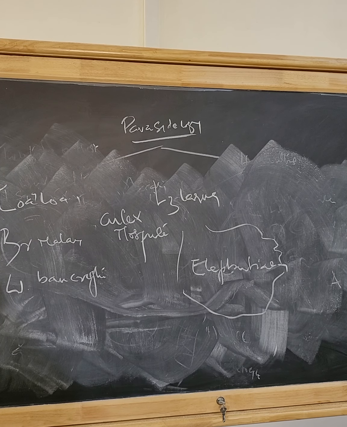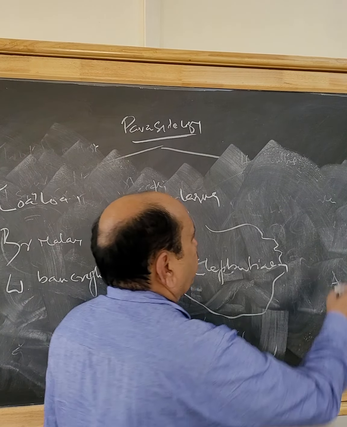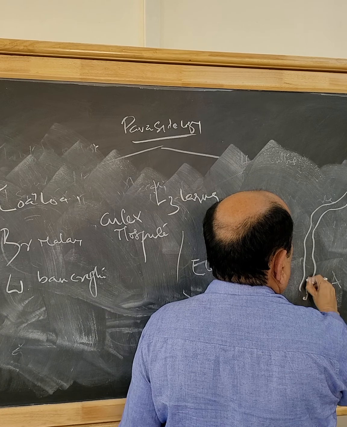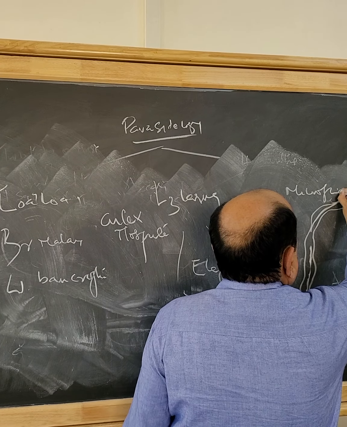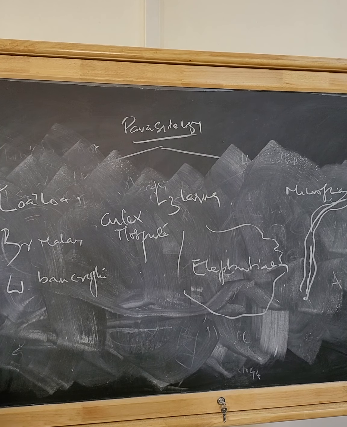Wuchereria bancrofti. Man gets infected by the L3 larva, larva stage 3. Habitat of this parasite is lymph nodes and lymph channels, and they block the drainage and cause swelling that looks like an elephant leg. It is also called elephantiasis. Laboratory diagnosis is done by demonstration of microfilaria, with Giemsa stain or Leishman stain. They are nocturnal in habit. They come out at midnight.